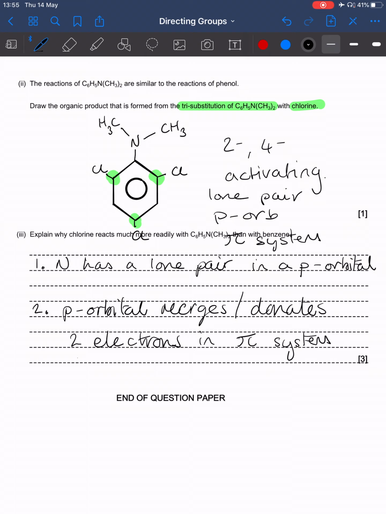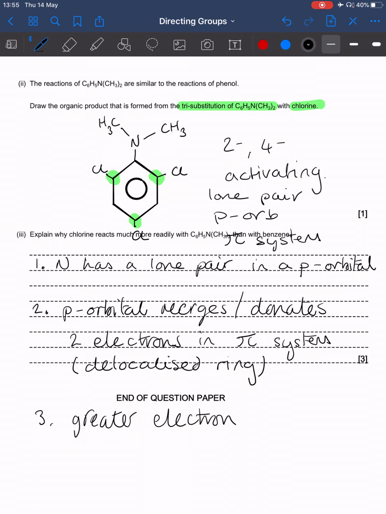You could also say delocalized ring. And as a result of that, you've got a greater electron density, and so more able to induce